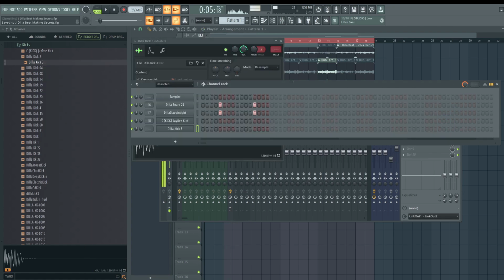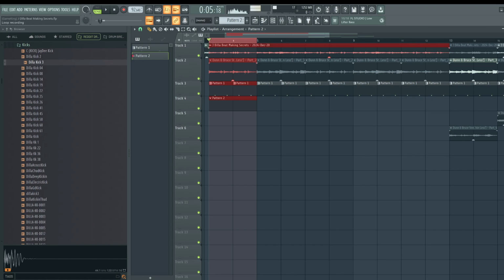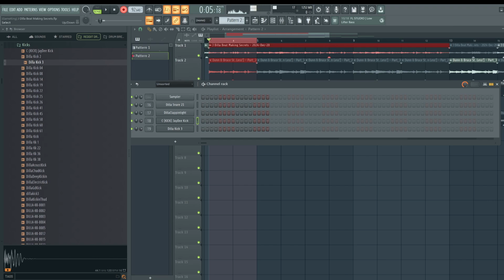Now here's where I recommend you record this. So I'm going to show you guys a technique. Go to pattern, just a blank pattern here. Say pattern 2. Loop it for 2 bars. Zoom in. Let's go up top here where it says loop recording. Hit record. Make sure you right click here. Make sure you're recording notes. And okay, hit record. So now I'm going to go to my kick. Okay, and record 1 kick at a time, but we're going to record both.